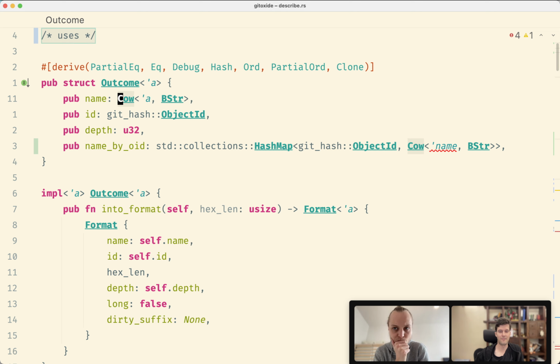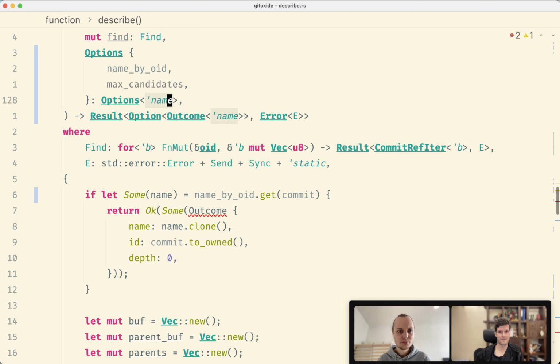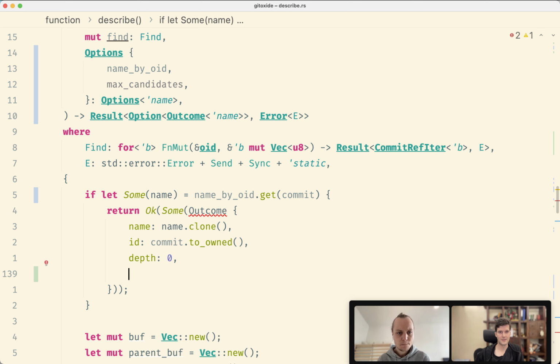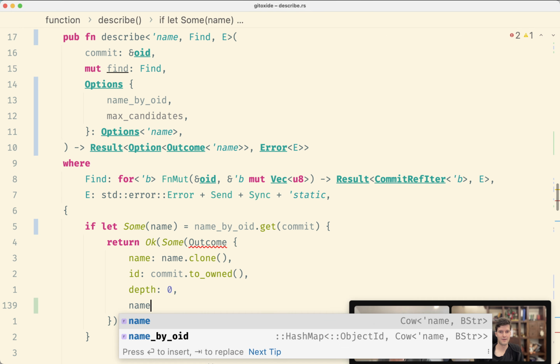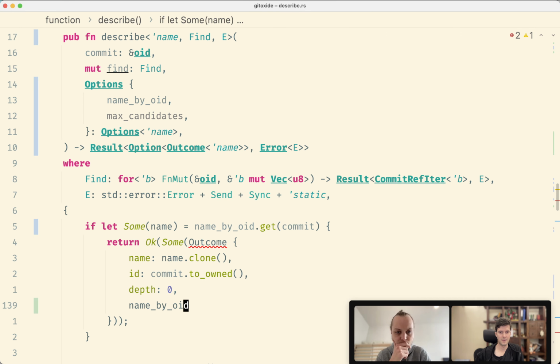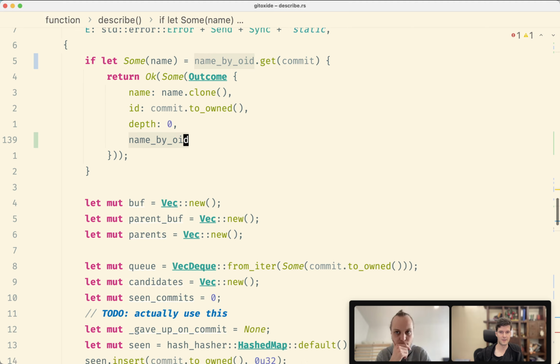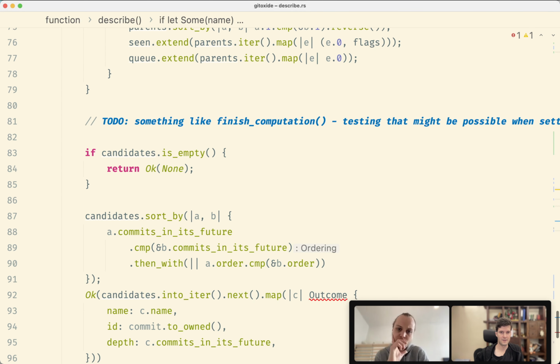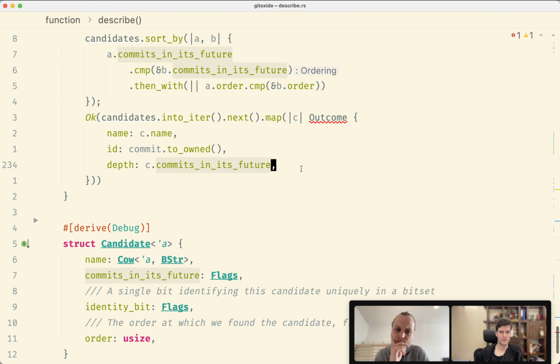Look, that's the name. We know. Yeah, it's the same thing already. Yeah, cool. It does change nothing for that particular type. Neat. Okay, here you go. Take your map back. Name by OID. We destructured that already. Down here, once again,